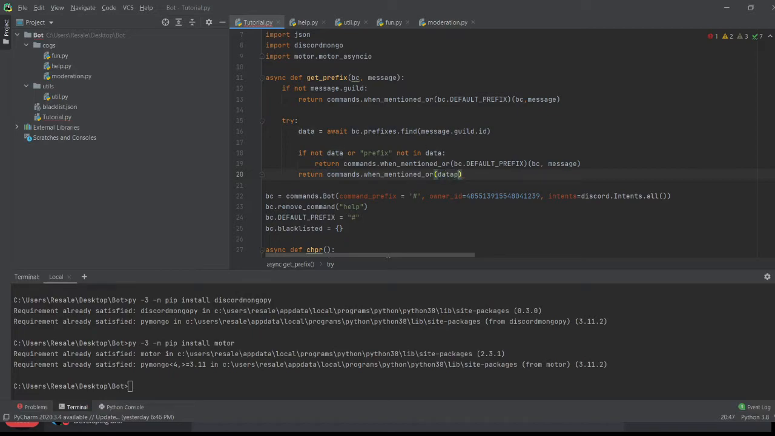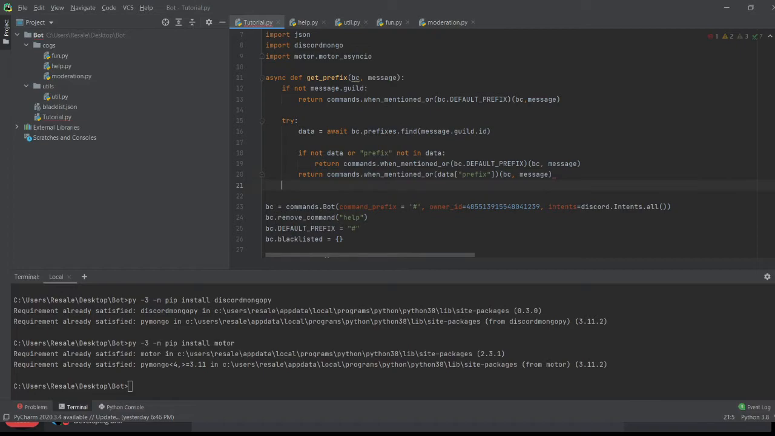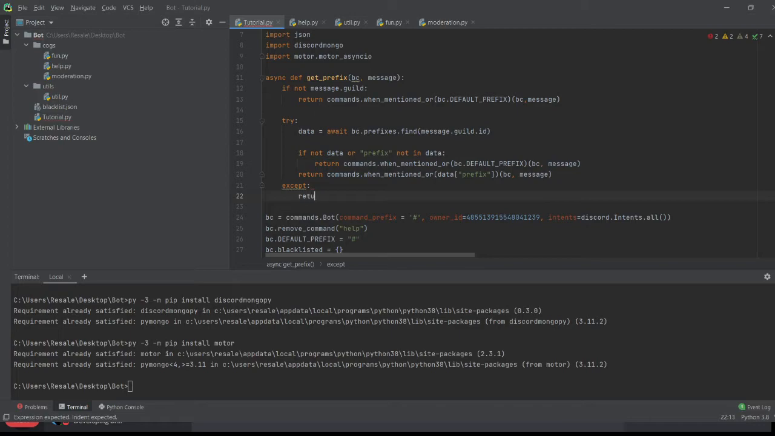So data, prefix, bc, message, except: return commands.when_mentioned_or(bc.default_prefix), and then